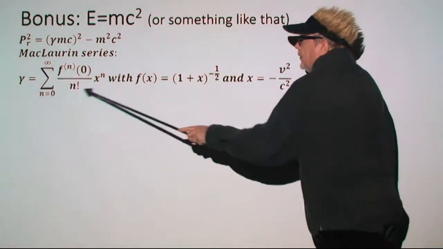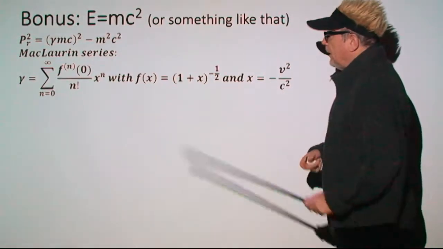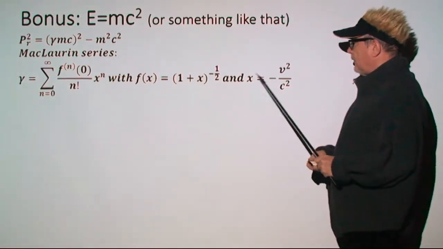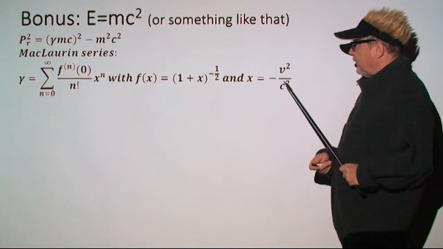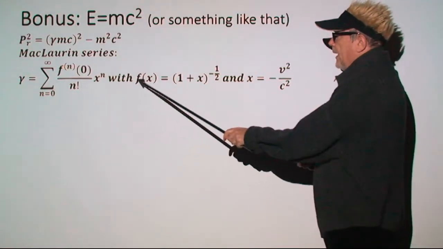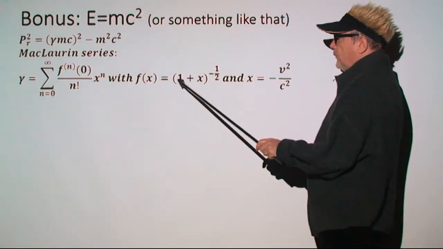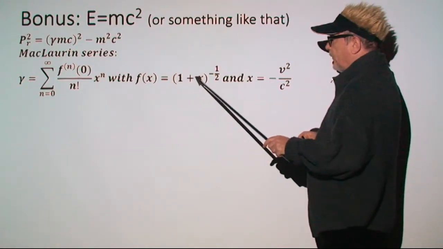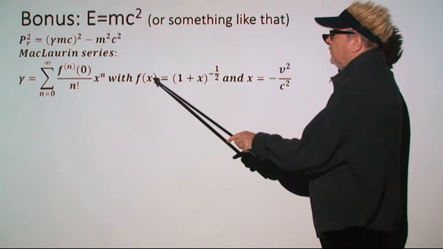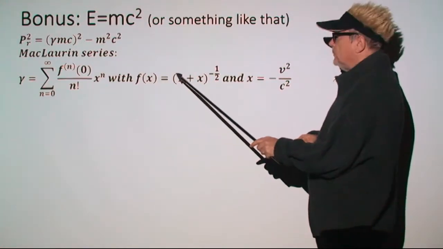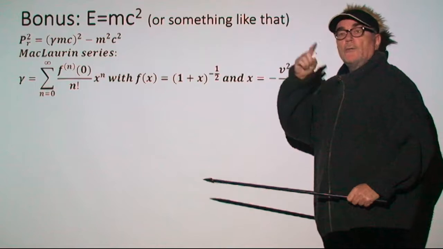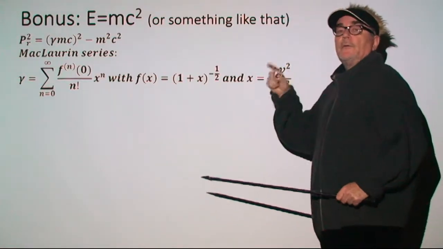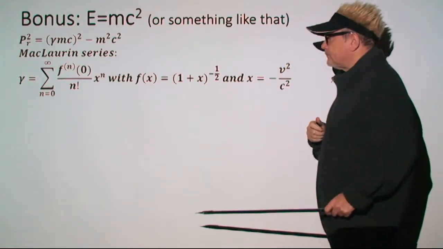And this is the formula you get, and therefore, if we assume that x is equal to minus v squared over c squared, and we call f of x the function which yields 1 over the square root of 1 plus x,